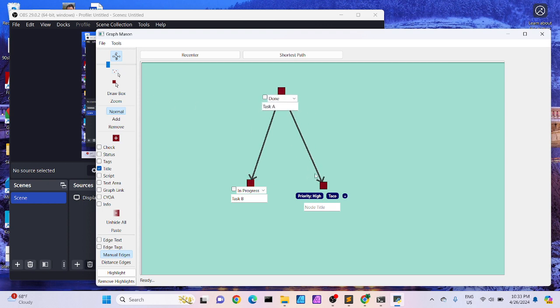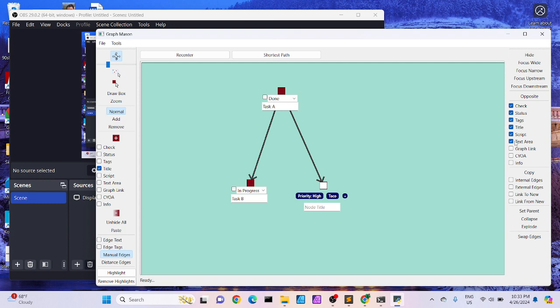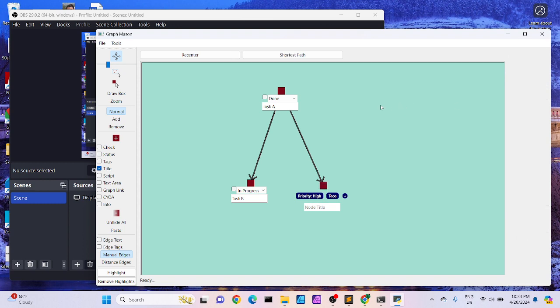Let's see what else we've got inside of these tools. Oh, there's some that I want to get to later. So if you saw earlier, I've got these edges still. You can slide around where the text is at. You can tag the edges, hide them. But I don't really want to do that. Oh, unhide. Where do I do that? Task A, go to, let's say task C, I guess. We'll call this task C. And we can have